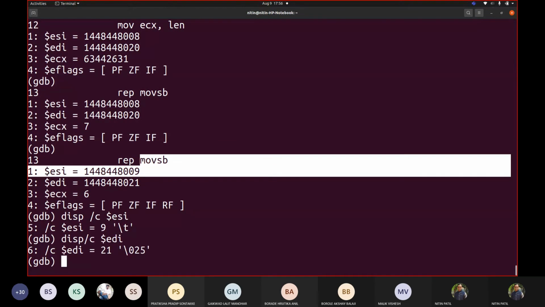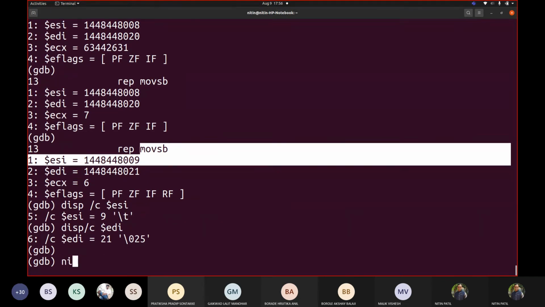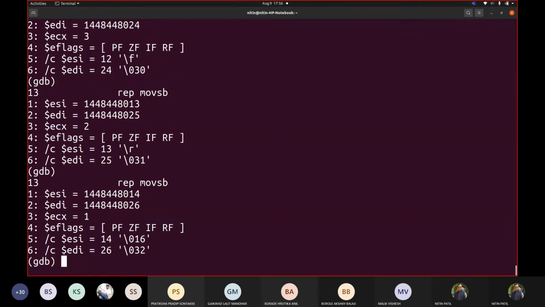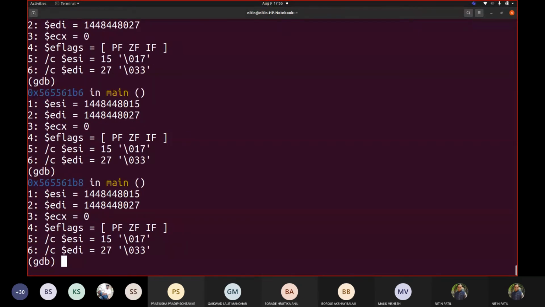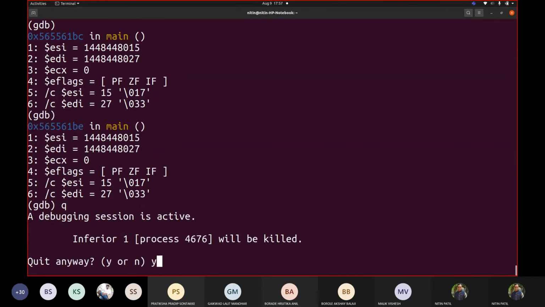It is showing me something which is not really an address ultimately here, because they are pointing to next addresses. If I keep doing this, it is showing me some ASCII characters there. So this move SB may not reveal everything to you. Okay. Now I want to show you something else.